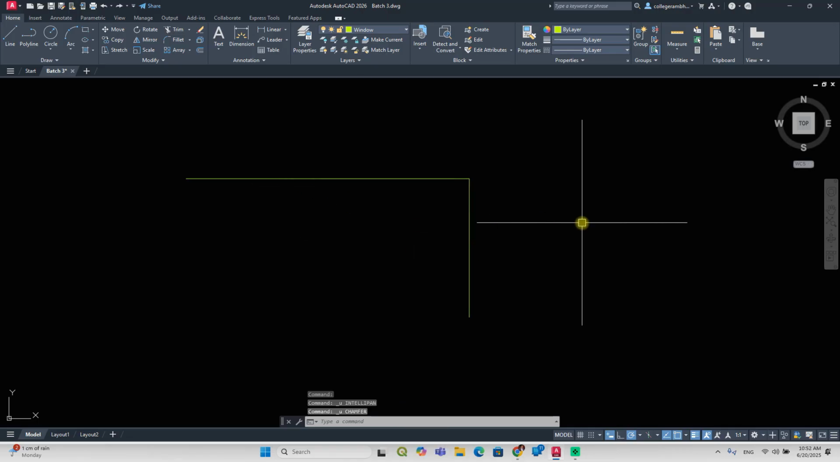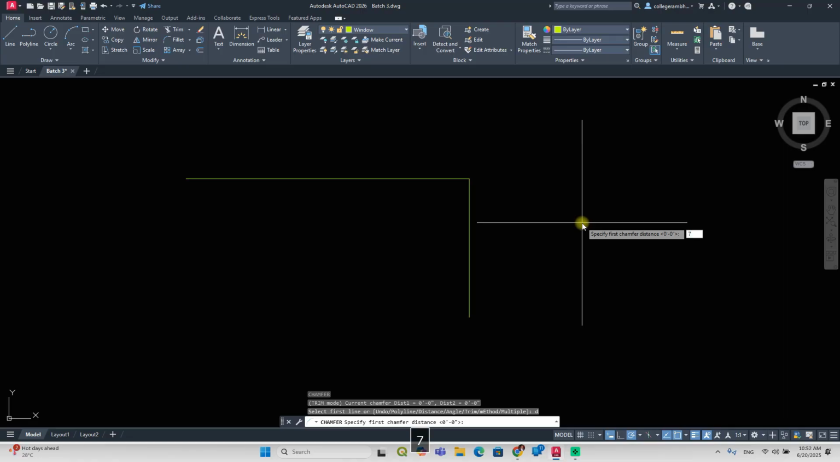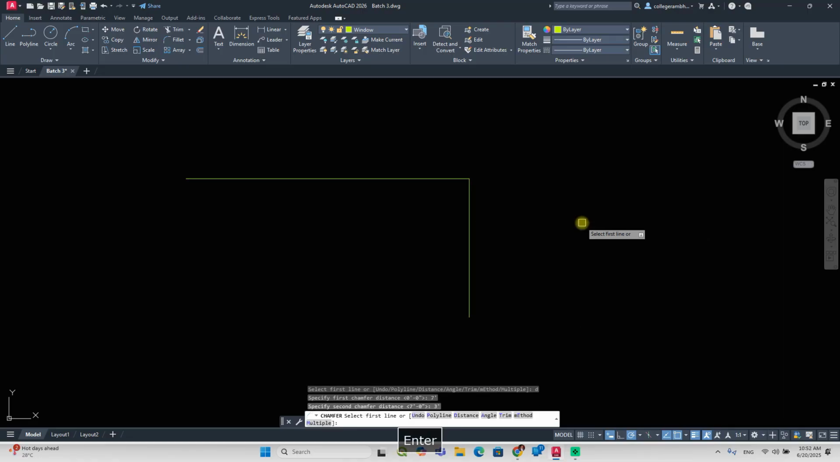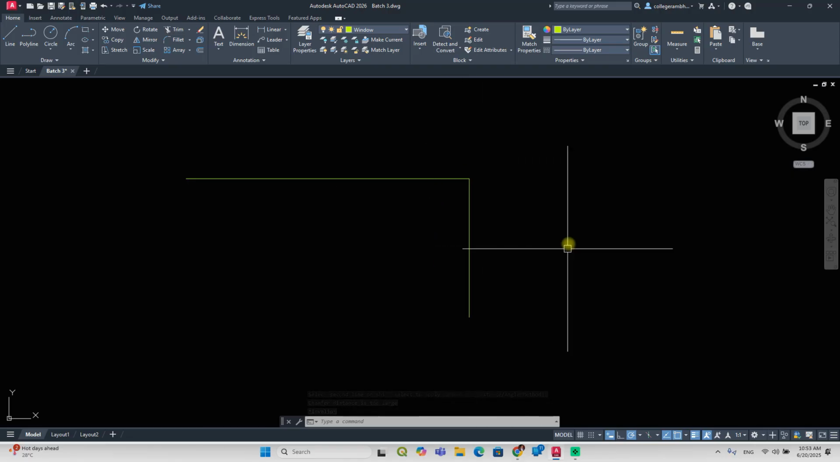Now I will do the same, but I will select the second line first. Let me do it. CHA enter, and again D enter. I will press the same distance, 7 feet enter and 3 feet enter. Now I will click this line first and this line second. Select and select. This shows us invalid because this line is of 5 feet and the chamfer distance was 7